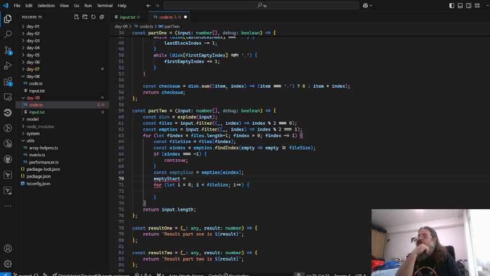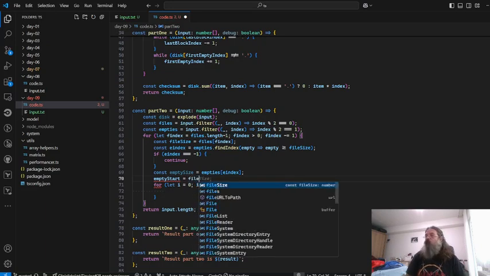So we have the index of the empties. We're talking about the 10th empty. Then we need to find out the 10th empty. This is gonna be suboptimal, by the way. There are some better solutions. The 10th empty has 9 files before that. No, the 10th empty has 10 files before that and 9 empties, which means that we need to